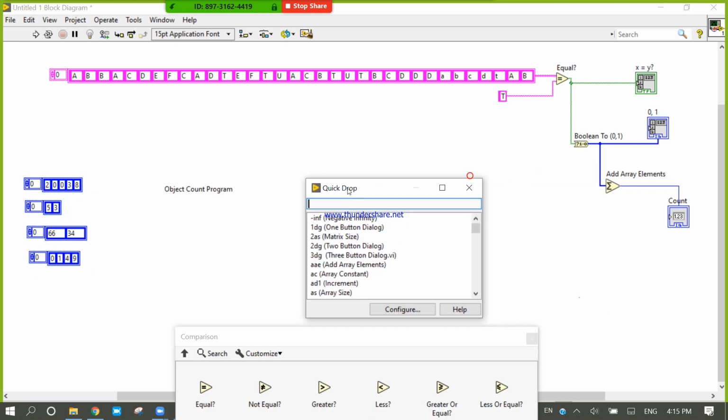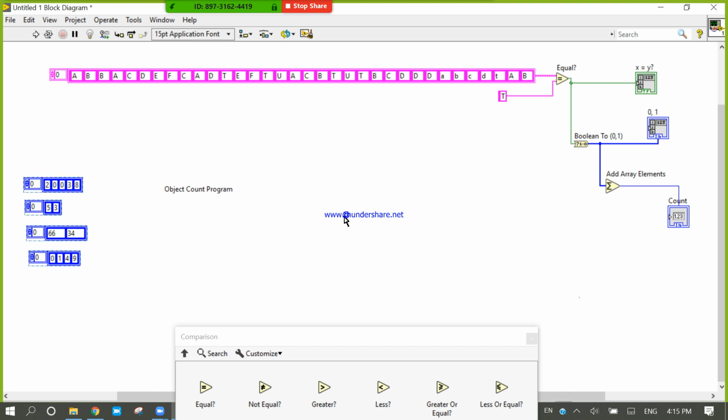Right click, come to the array, and inside the array take concatenate. Inside the array, take the build array function. You will click and drag to 4 because I have 4 different inputs.